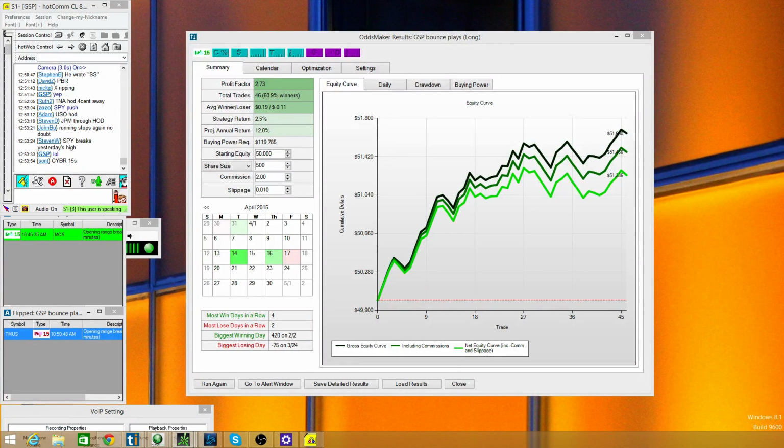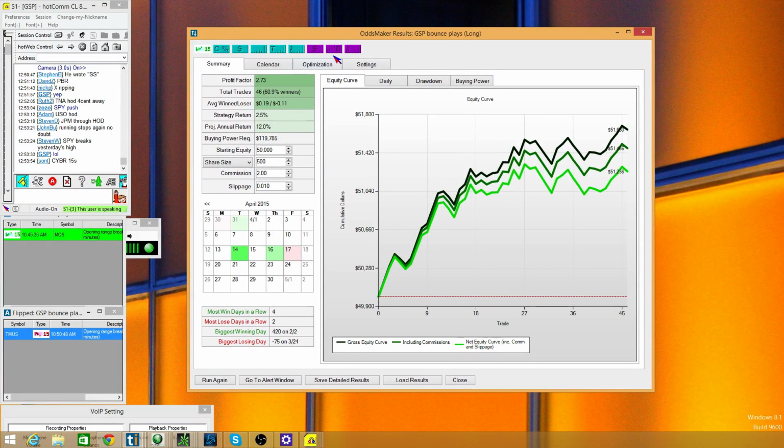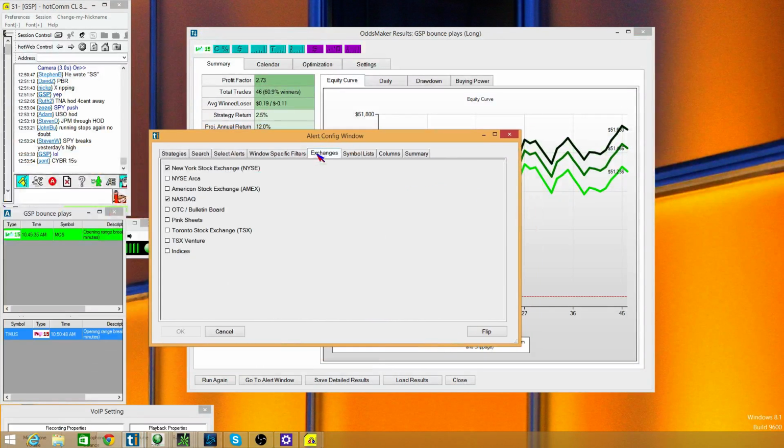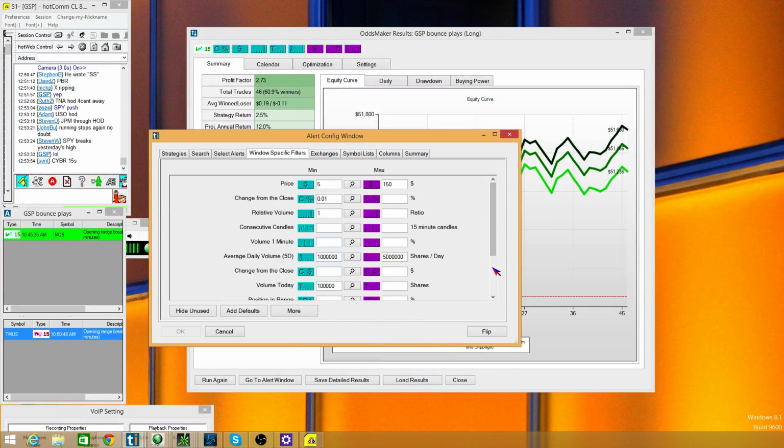So again, I'll just go through the settings for you guys, and anyone in the room, I can obviously share this with no problem. We've just got average daily volume around here, about 5 million. It might actually be easier to do it this way. So we've got change from the close. I basically just wanted it up from the close, so anything over zero seemed to work fine.